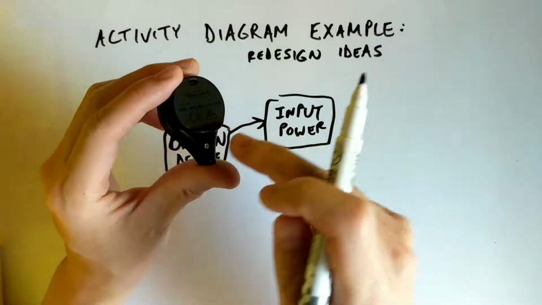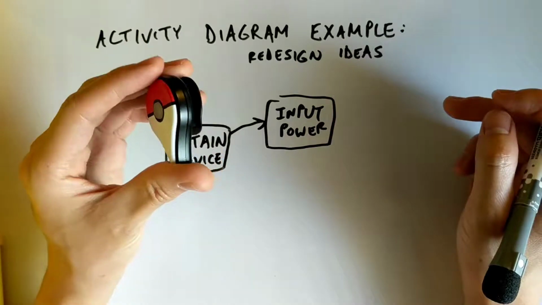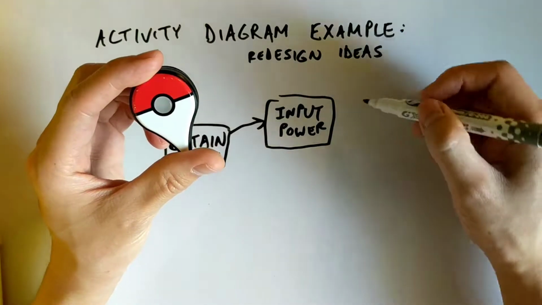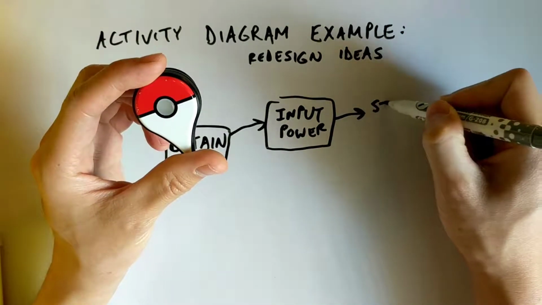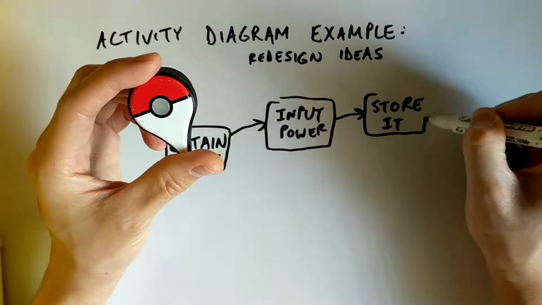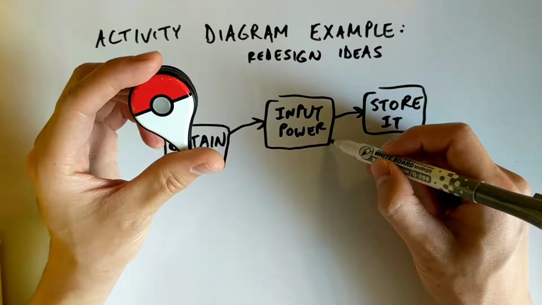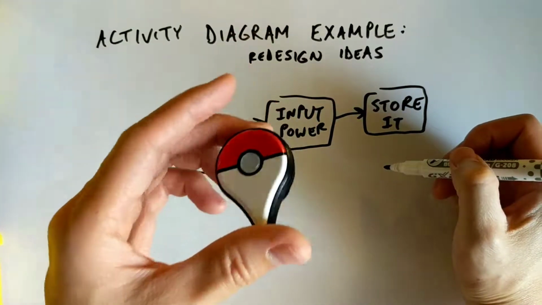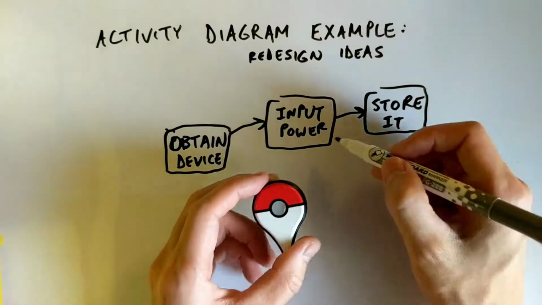And so I know there's a coin cell battery in there. And then you might store it because you might not play the game right away. Store it. Or you might immediately play with it. So I could just say play with it, but playing with it constitutes several different steps. One is